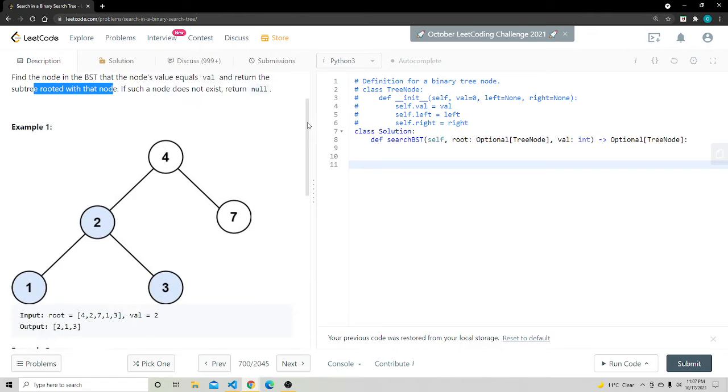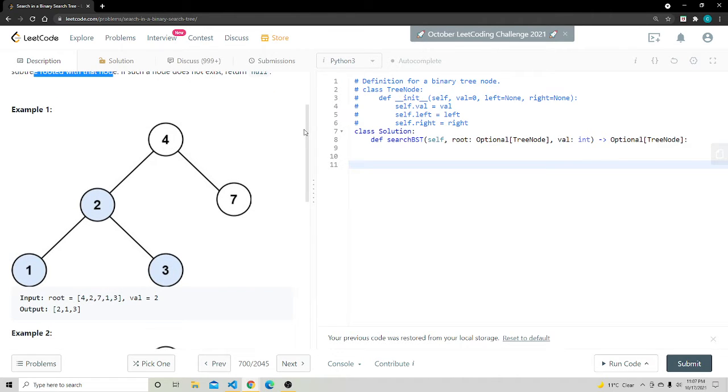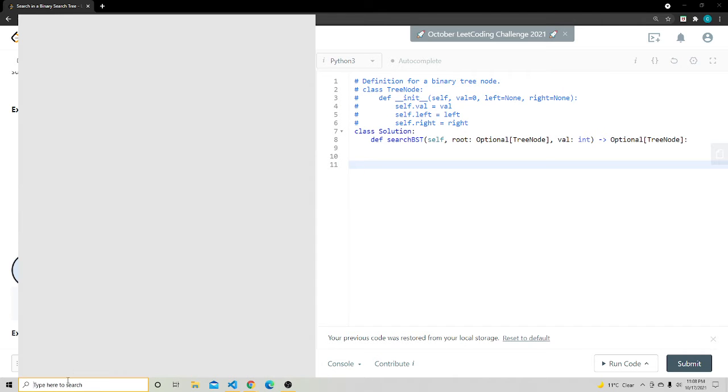Now, we all know what a binary search tree is. A binary search tree is a tree such that all values to the left of this particular node are less than it. All values to the right of this particular node are greater than it. And this applies to any subtrees within this. So if you take this case, this value is less than 2, 3 is greater than 2, but then all values in this subtree are less than 4. So now if you go back to the whiteboard,